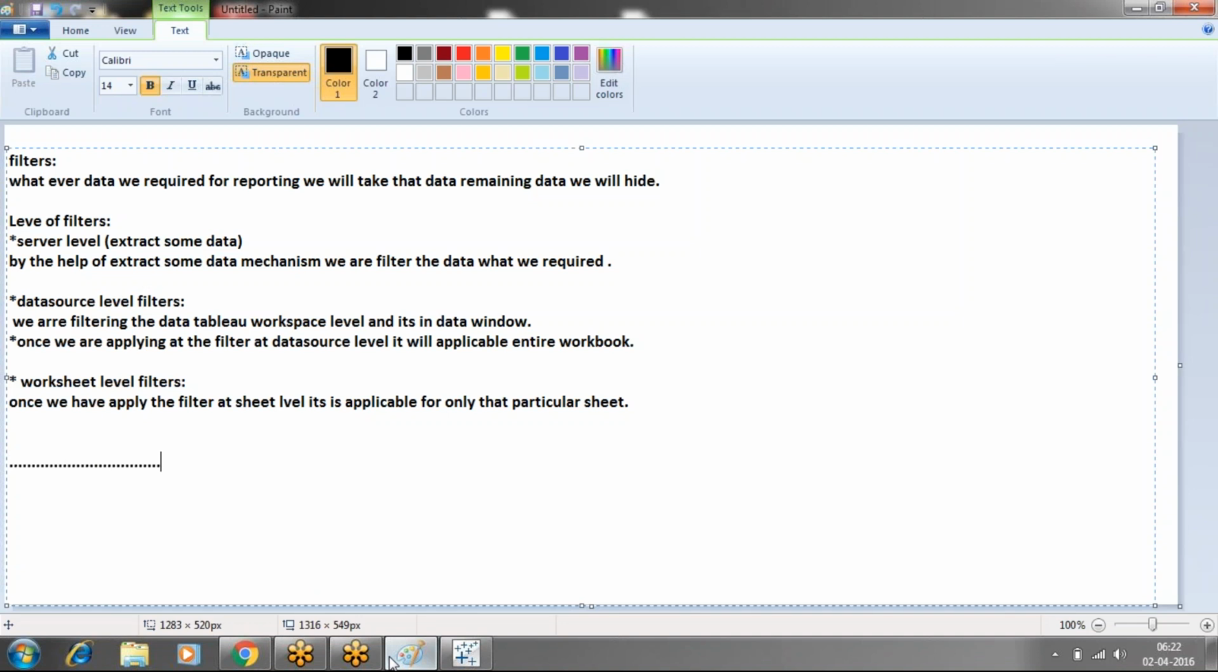Then we have something known as ways of filter. There should be two ways. First one is manual, where we filter the data manually. The other one is automatic, or another name for it is computed. These two ways we can filter the data. Manual means